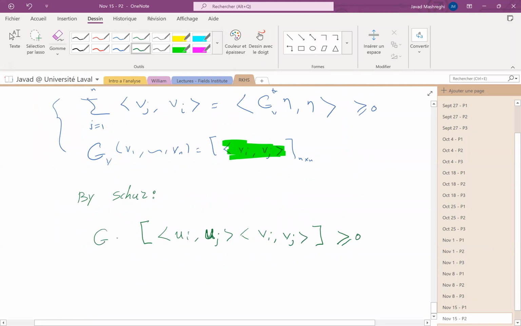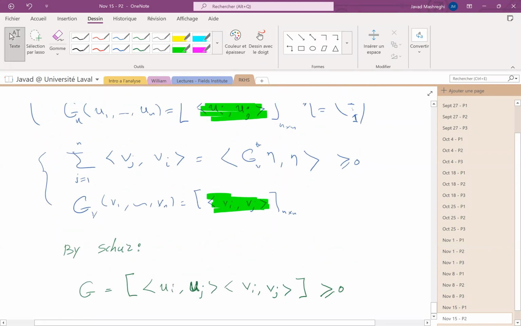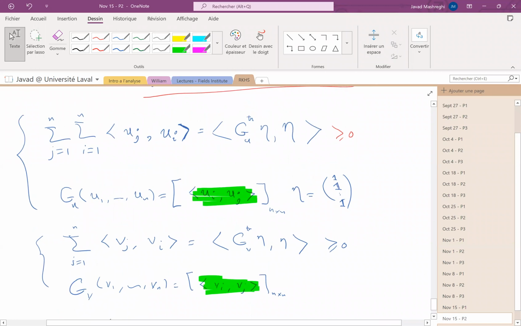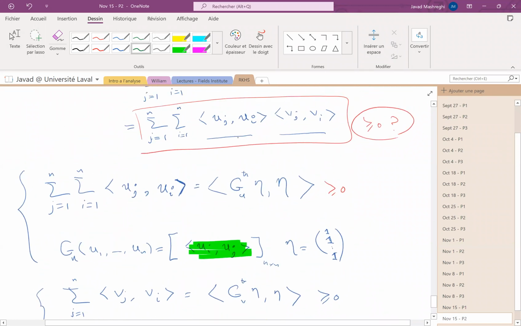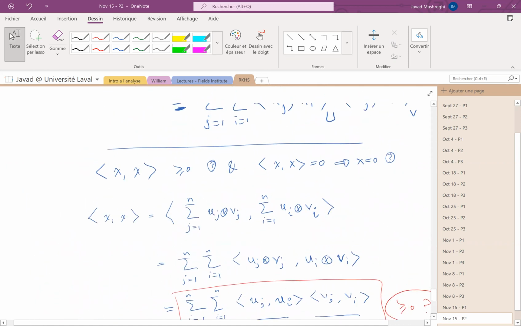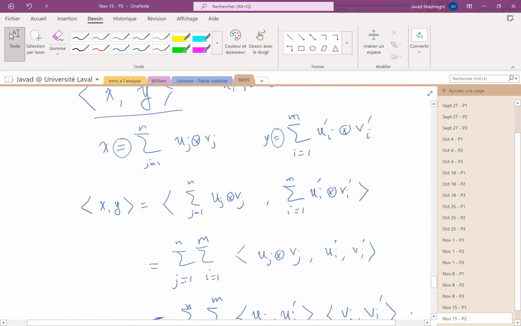And let's call this G. And this is nothing but G transpose eta and eta, which is bigger than or equal to 0. Absolutely not obvious if we forget about the Schur product. So it's the Schur product which tells us that